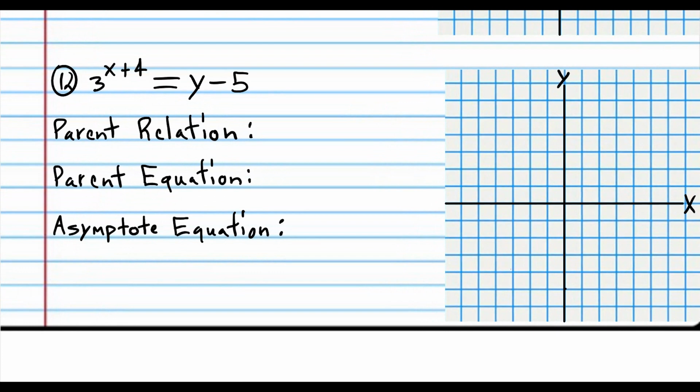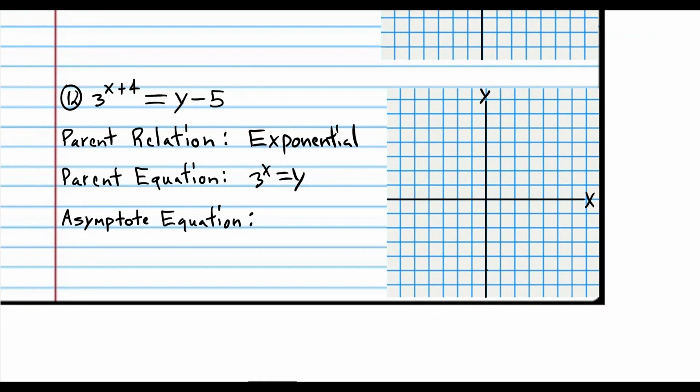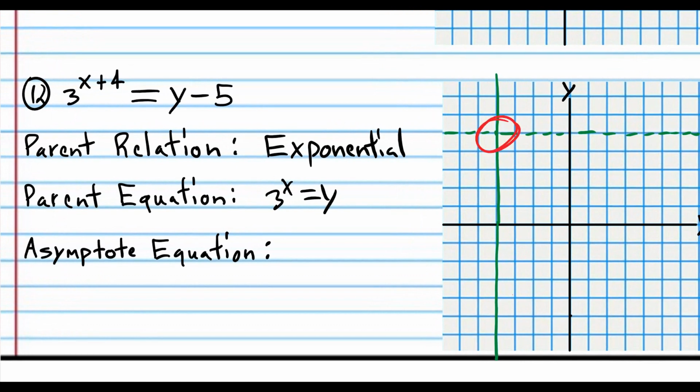So this is the exponential parent relation that we need to use. And the parent equation is 3 to the x is equal to y. Start at the origin and move 4 units to the left, 1, 2, 3, 4, and 1, 2, 3, 4, 5 up. Draw a horizontal asymptote and a temporary vertical solid line, and pretending that this is the origin now, looking at your library of relations, 0, 1 is always